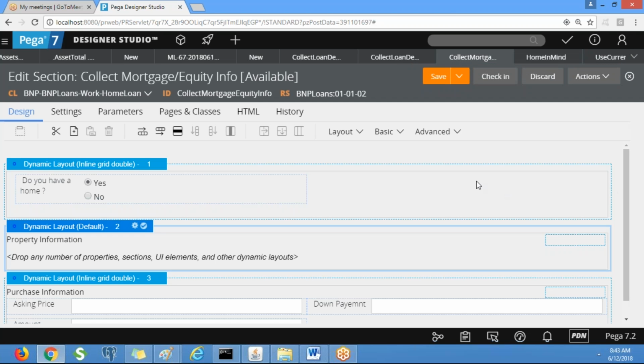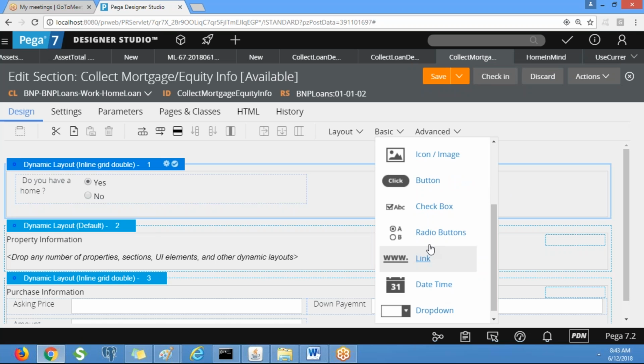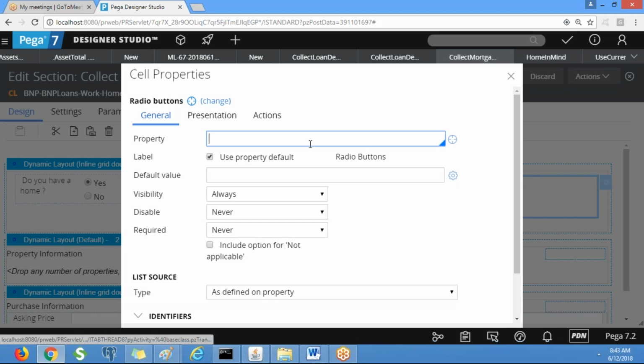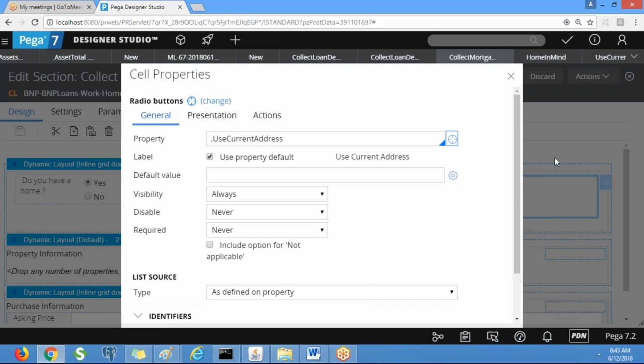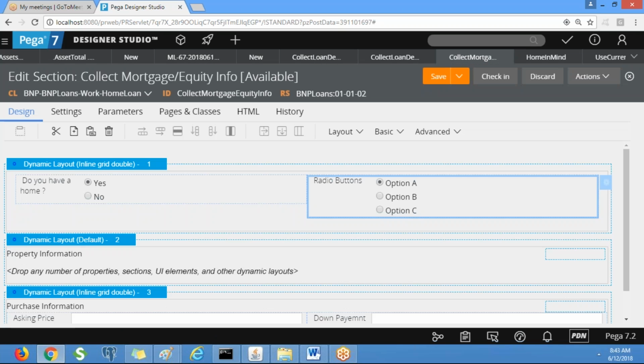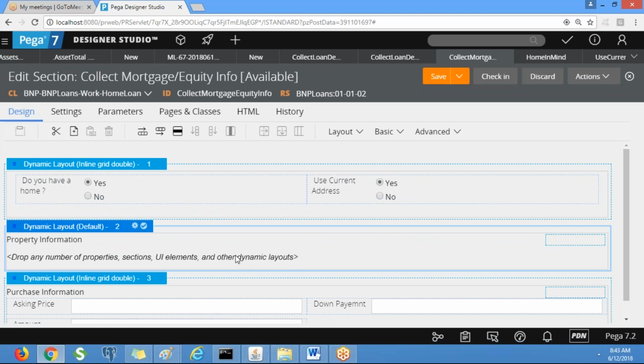So come back to the screen. So here use the property. What is the property? Use current address. Okay. So this requirement you can do. So create one page property called current address under the home loan class.